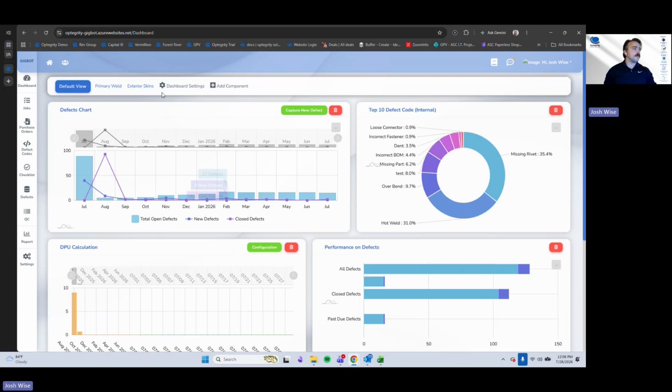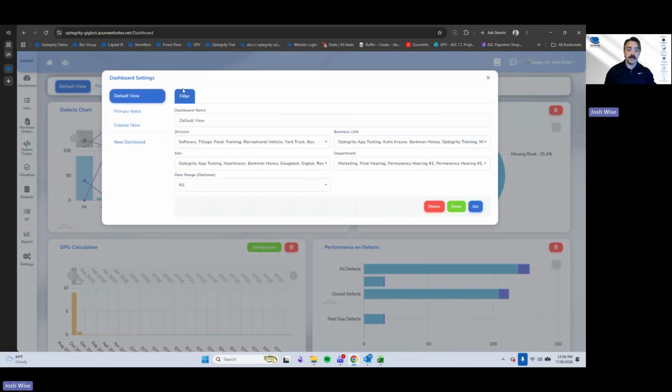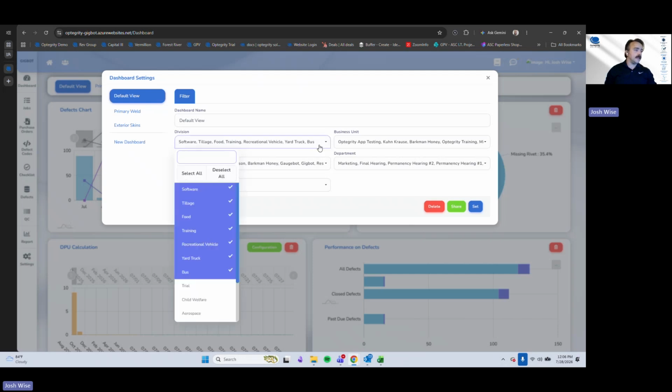Let's say you want to make a new dashboard. You'll see I've got a couple dashboards here. This is my default view. I have one for a primary weld department, one called exterior skins. If I click on dashboard settings, you can see what each of these are. So here's our default view. We can see this is set to all of the